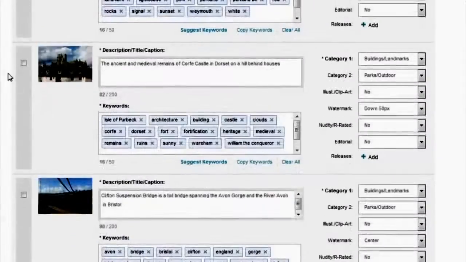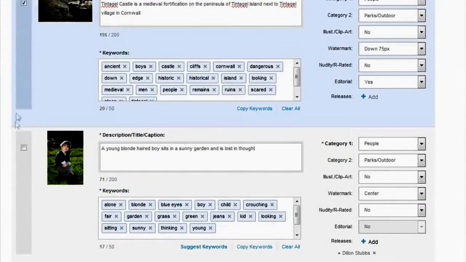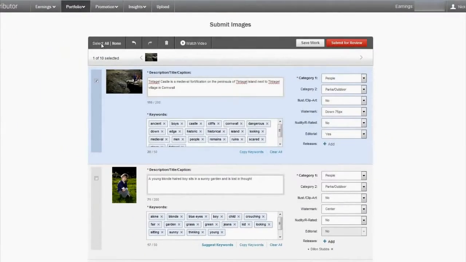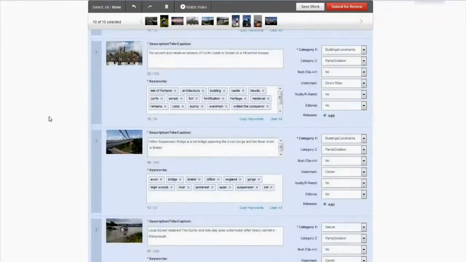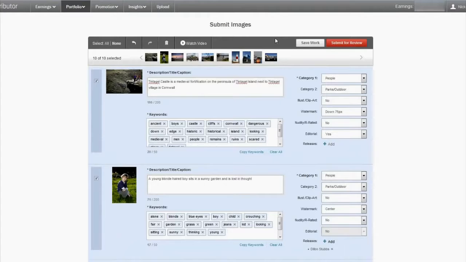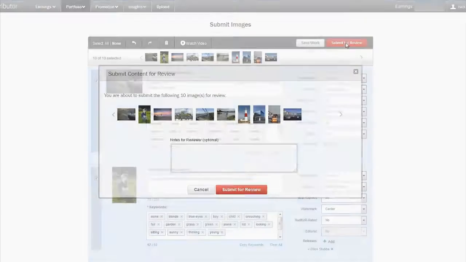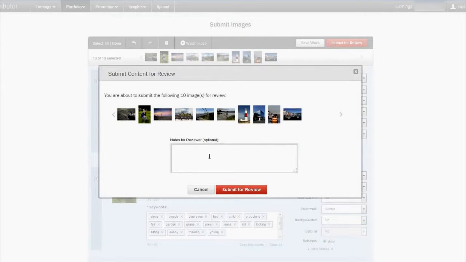So all we need to do now is select all of these and select all up here. Hopefully, come on, select all. So they've all been selected now, and then all we need to do is actually submit for review. So we click on that, and you can leave a note for the review if you want. If you're going to upload a model release, or there's something about the photos you want to come across, like the focus point was here or there because of the bokeh you wanted, then you can obviously write it there. But I'm going to leave these now and just submit them for review,